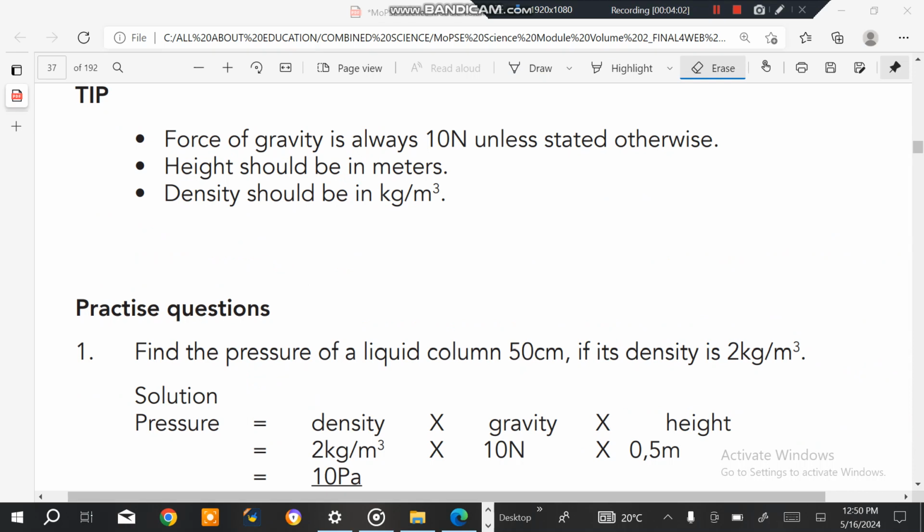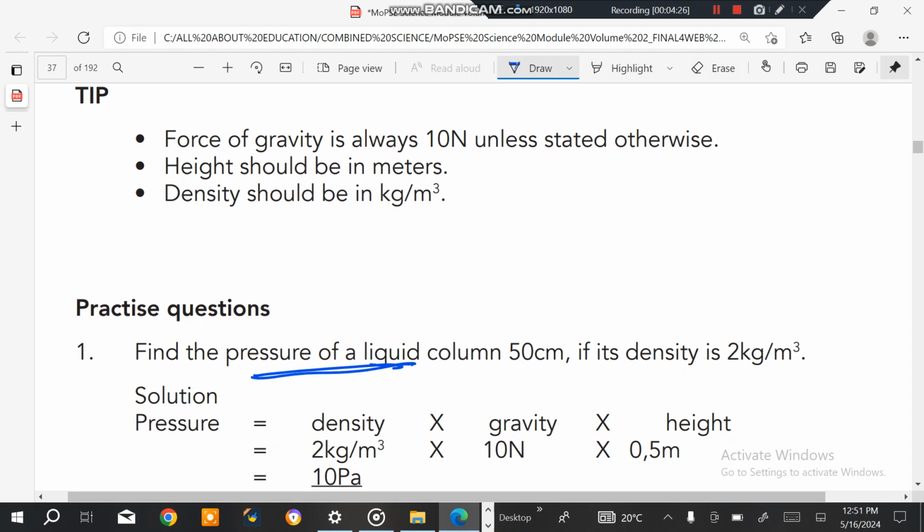Right, moving on to another question. Find the pressure of a liquid. Now we are going to calculate pressure in liquids. Find the pressure of a liquid column 50 centimeters if its density was 2 kg per cubic meter. All right. What you need to know is that pressure in liquids